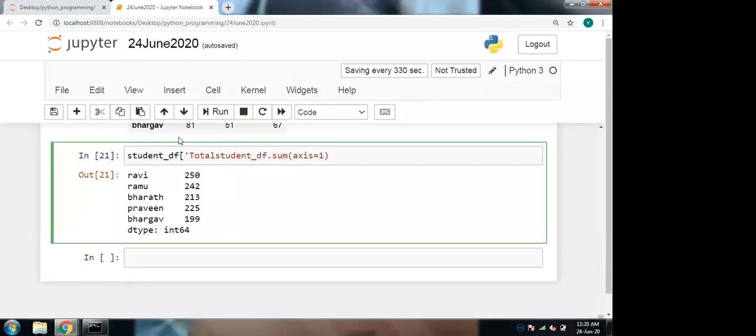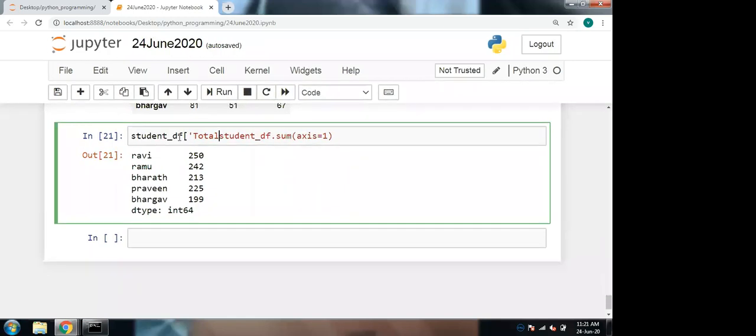So like this, you can add the column. student_data_frame['total'] is the new column that is going to be added in the data frame, student_data_frame.sum(axis=1). So we are adding the row wise sum. If axis equal to 1, that is row wise sum. If axis equal to 0, that is column wise sum.